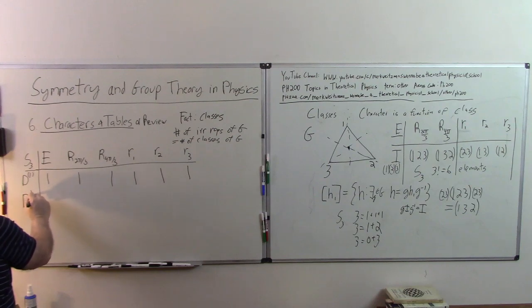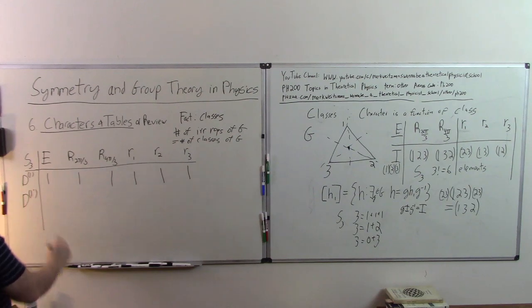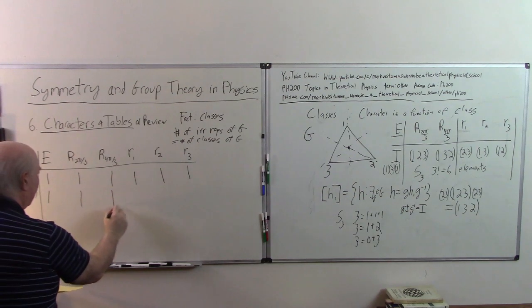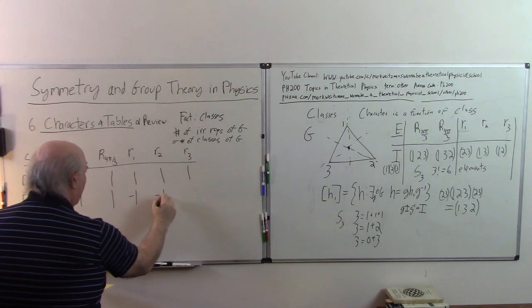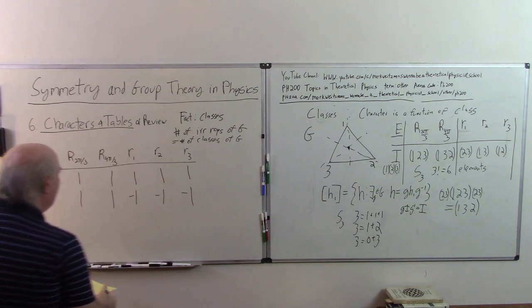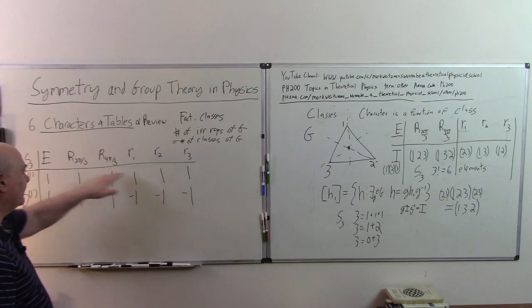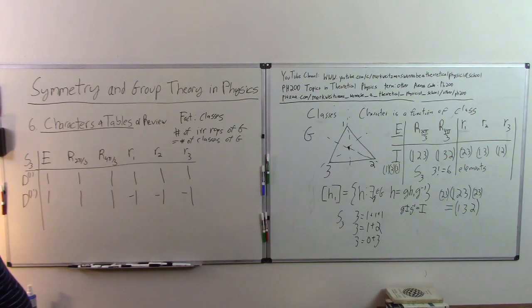Now, it turns out there's another one-dimensional representation. And I'll just write it down, and I'll explain it. The one thing I want to say is, these 2 representations are the only one-dimensional representations not only of S3, but also of Sn. If we take the symmetry group on any number of objects, there's always 2 one-dimensional representations. The first one is the trivial representation, where we assign every element 1. And the second